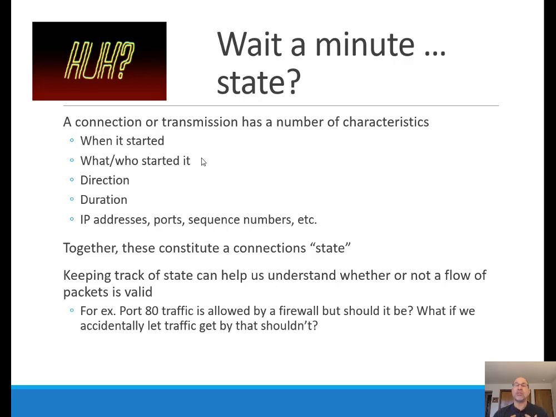That would be me understanding the state of the connections. If they don't belong with one of those other connections, then I can disallow that traffic, even though it kind of looks like it might be valid. Now, routers or firewalls that have the ability to look at state information can maintain a whole bunch of these pictures of state for a whole bunch of connections or flows.